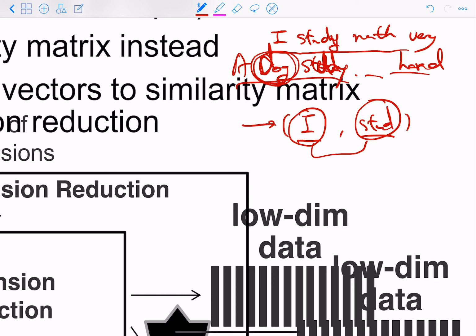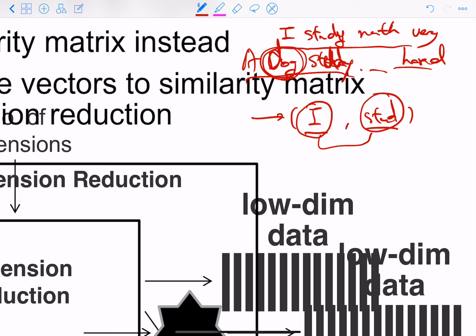So dog and study have less similarity between them. If we collect all these pairs captured in the same sentence and form our training data to run the word embedding neural net models, then those individual words, which didn't originally have any vector representation, are assigned a vector representation in a given